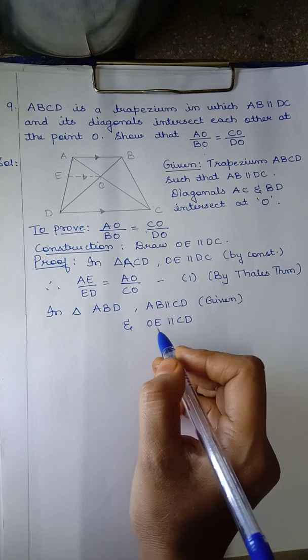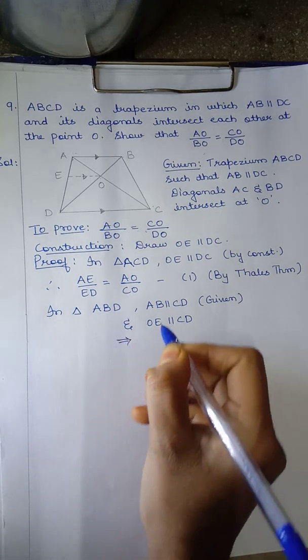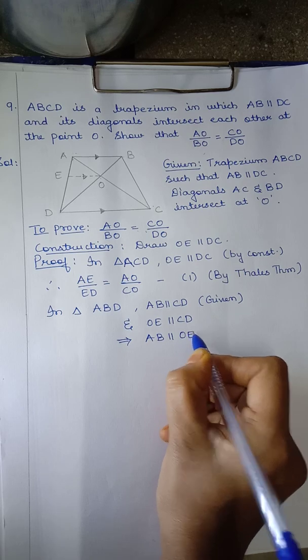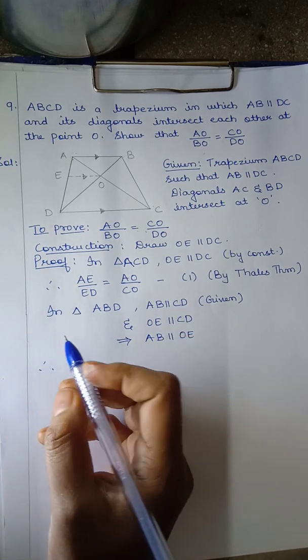AB is parallel to CD, OE is also parallel to CD. So therefore this implies that AB is parallel to OE, isn't it? So again using Thales theorem we can write